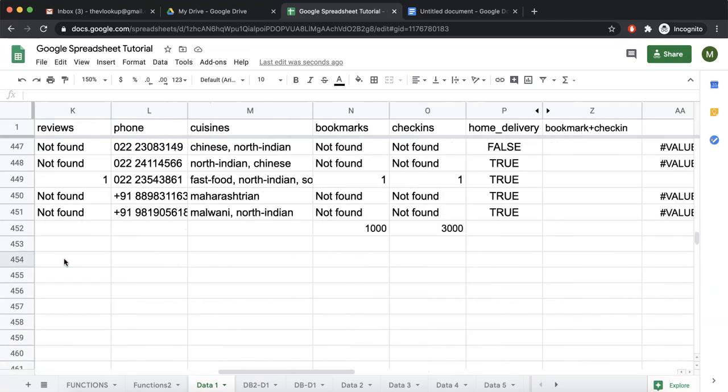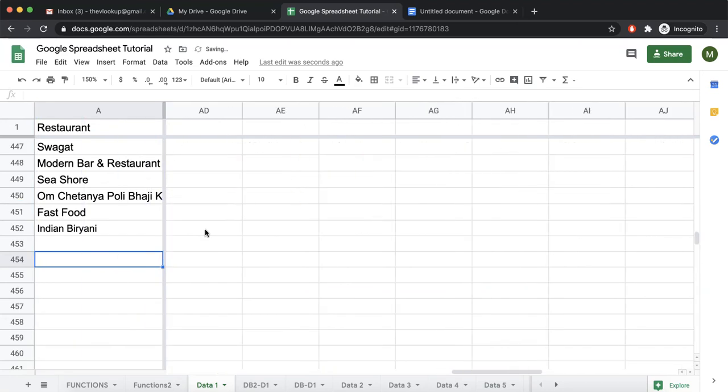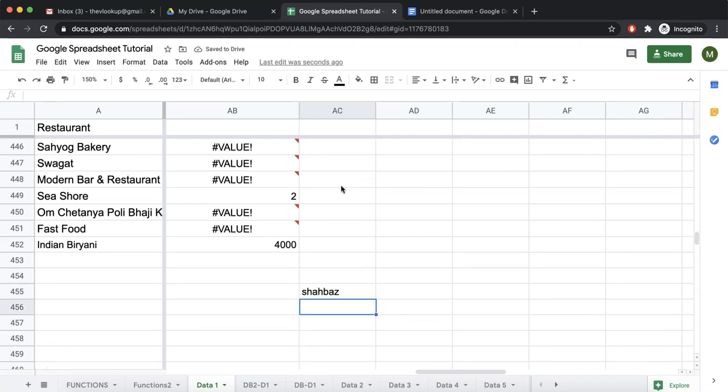Now we have exactly the same result, but we don't have anything if there is no value in column A. If column A is blank, let's drag this. Okay, so if column A is blank, we don't have any value over here. Remember one thing, if you write something over here, let's say I write Shahbaz, this entire column goes away. The reason is, for you it might look blank, but actually it's not blank. A blank string is being printed through the array formula. So this is a part of the array formula, and now you have interrupted it.